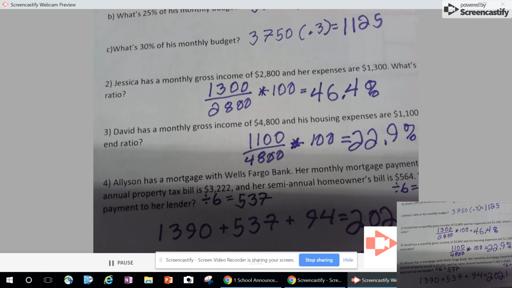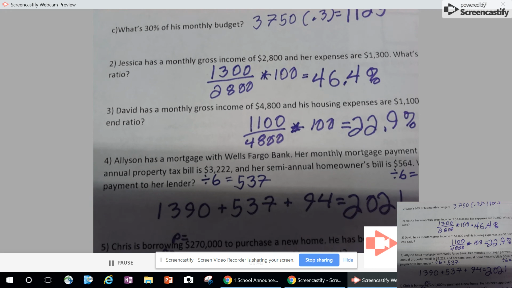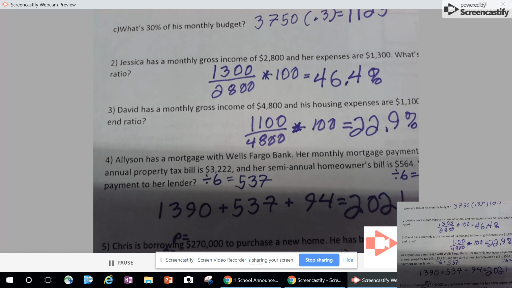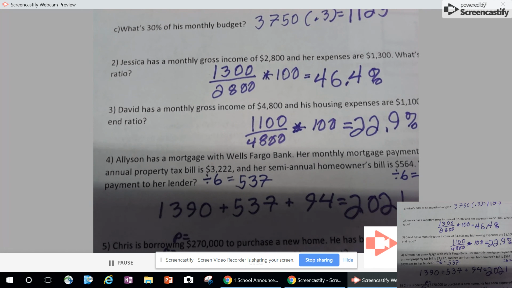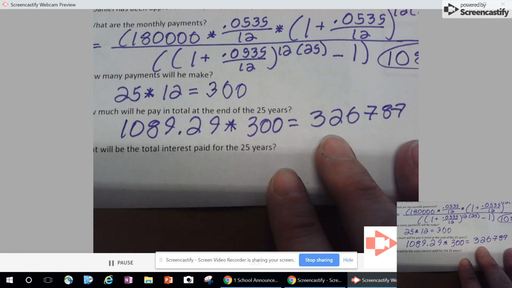Make sure you're doing this along with me. Okay. And then we're going to go ahead and, now that we got that, so I got 300